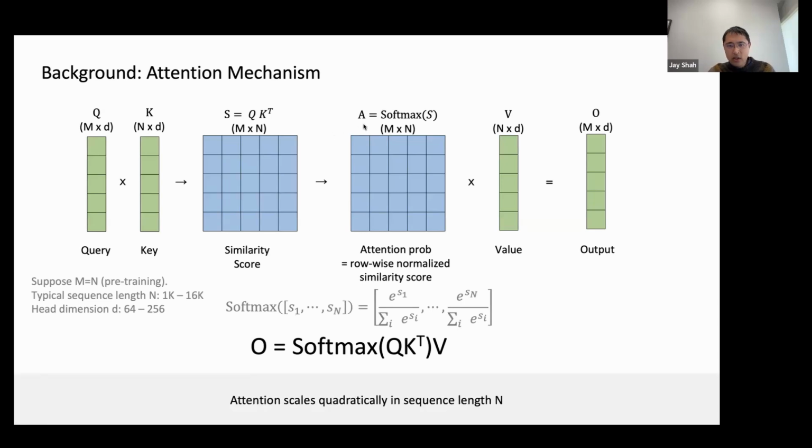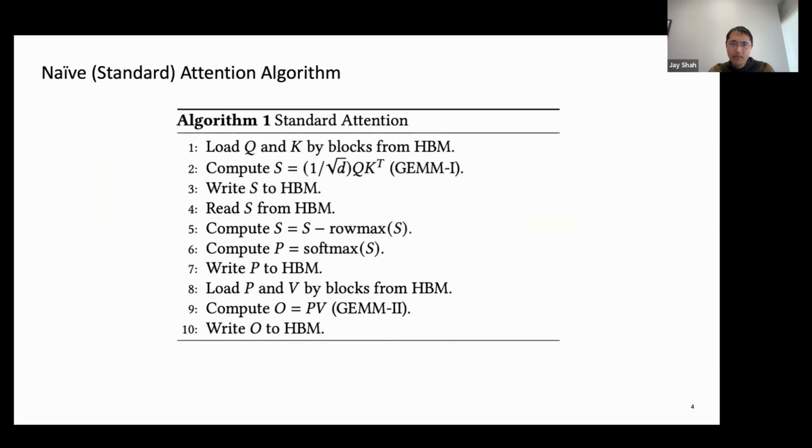Attention scales quadratically in the sequence length N, making it the key bottleneck to long context applications. In the naive algorithm, if you want to implement this on the GPU, you can load Q and K by blocks from high bandwidth memory, global memory, and compute S. But then you have to write out S to HBM in order to compute softmax on it, because softmax involves a priori global knowledge of the rows.